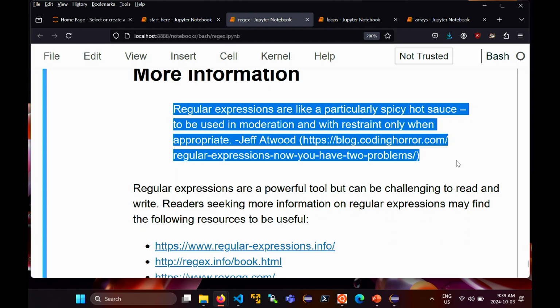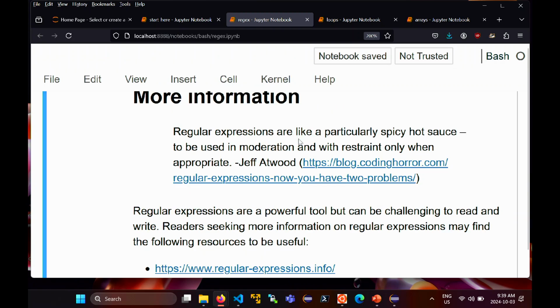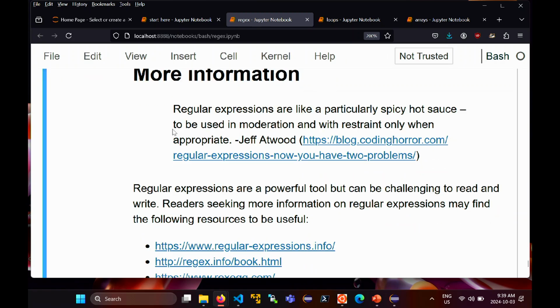There's a quote here. This guy's named Jeff Atwood. He's a fairly well-known, or was a fairly well-known blogger. Sorry, I think he's still alive, but I'm not sure how relevant his blog is anymore. So he says, regular expressions are like a particularly spicy hot sauce, to be used in moderation and with restraint,